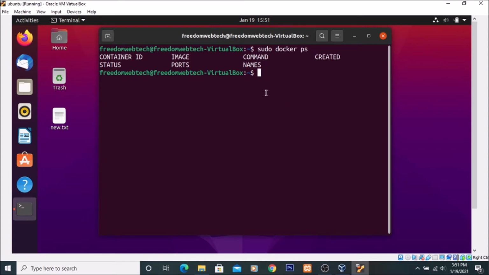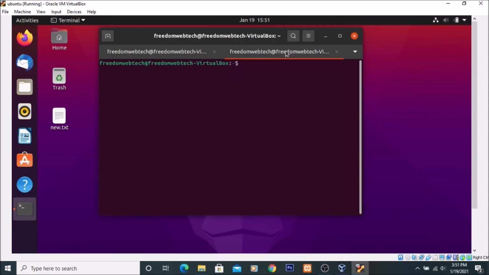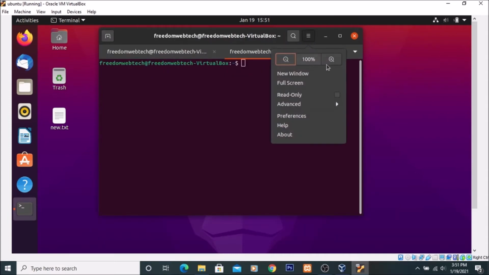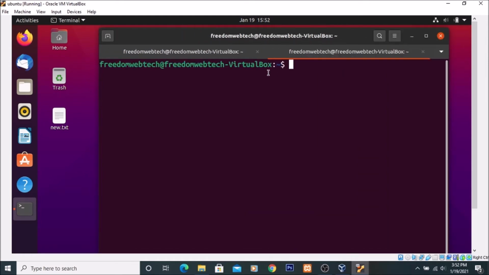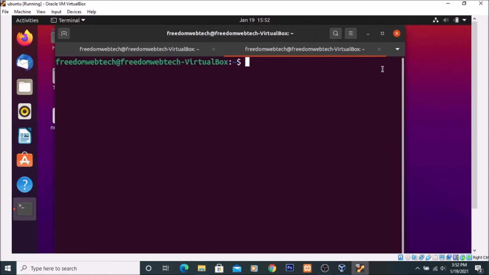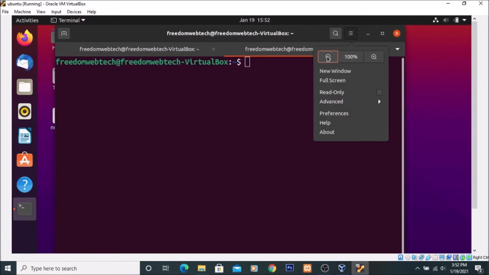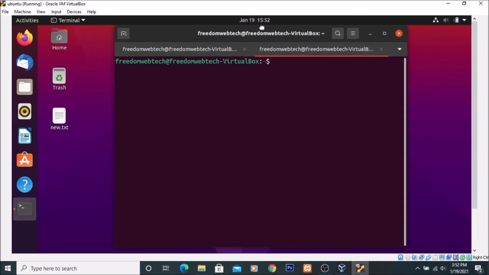Now we want to run a container. So how can we run it? Simply I am going to open another terminal, and I am going to zoom in a bit so it is more readable. So we are going to run a new container. The command we are going to use here is sudo docker run